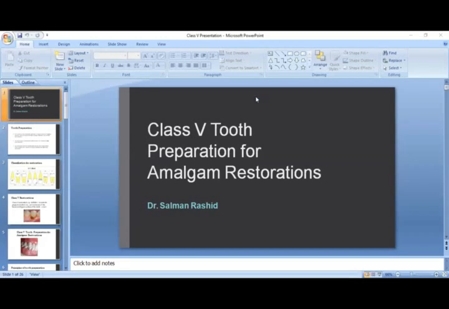Last time I discussed the class 3 caries region, which I hope you remember. Just a brief recap: class 3 is present on the anterior tooth and does not involve the incisal edge or the incisal angle. There's a difference between the incisal angle and the incisal edge. So the class 5 caries region is the topic of today's discussion.